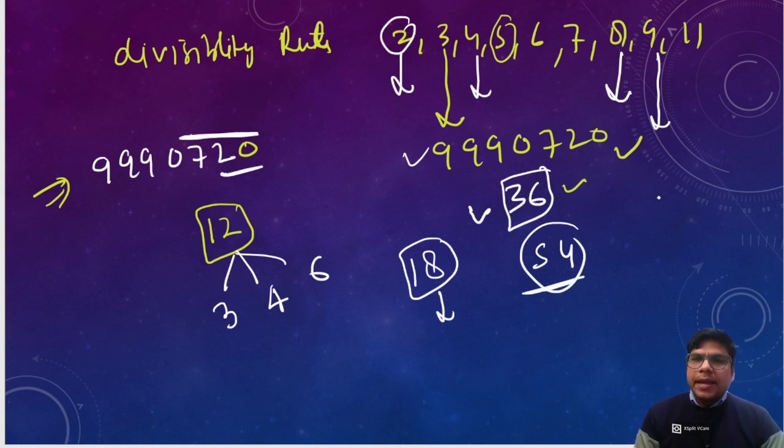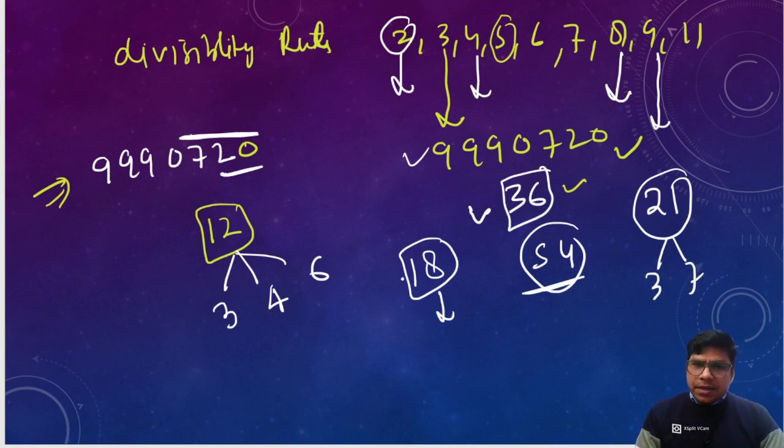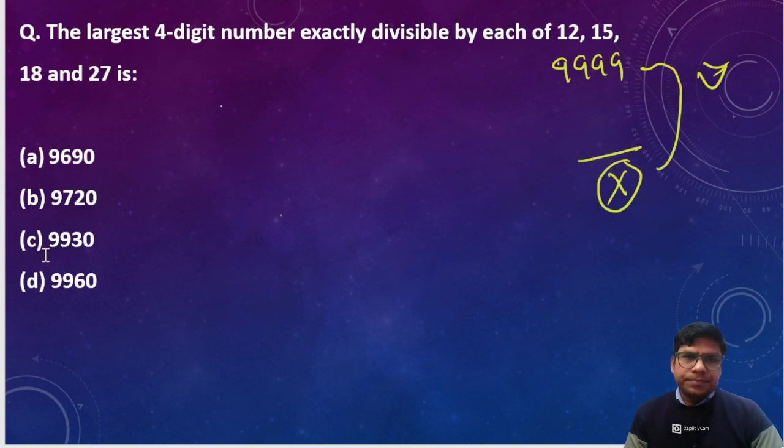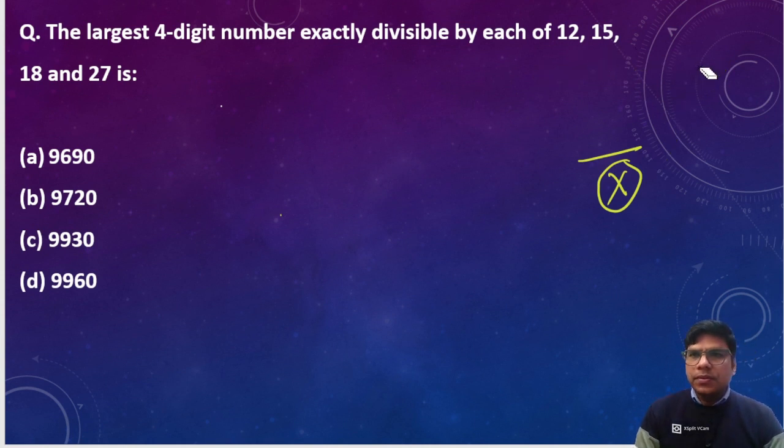If a number is divisible by 21, then the same number will also be divisible by the factors of 21, that is 3 and 7. So these are the basic rules that we can apply to solve questions related to LCM and HCF without finding the LCM. Just see how we can approach this question. The question is: